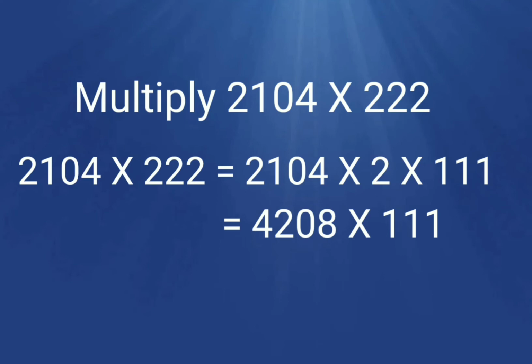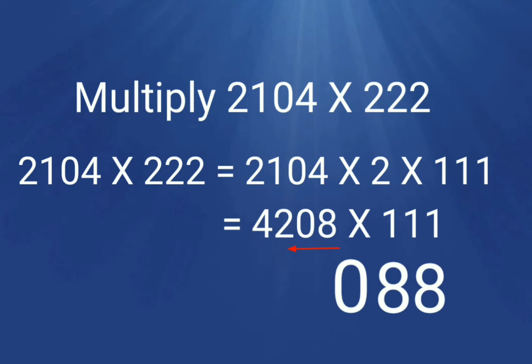We learned how to multiply a number with a series of ones. Here in the units place, it is 8. Then add last two digits, 0 plus 8 equals 8. Now add last three digits, 2 plus 0 plus 8 is 10. Put 0 there and 1 you carry over. Now add the group of next three digits, that is 4 plus 2 plus 0, and that is 6 plus 1 carry over, so you have 7.